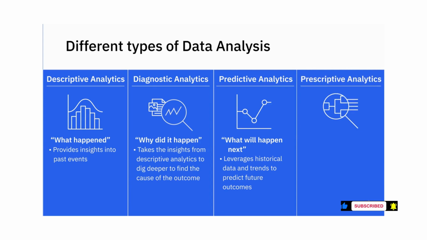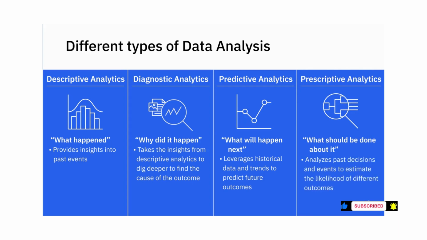Prescriptive analytics helps answer the question, what should be done about it? By analyzing past decisions and events, the likelihood of different outcomes is estimated, on the basis of which a course of action is decided. Self-driving cars are a good example of prescriptive analytics. They analyze the environment to make decisions regarding speed, changing lanes, which route to take, etc. Or airlines, automatically adjusting ticket prices based on customer demand, gas prices, the weather, or traffic on connecting routes.